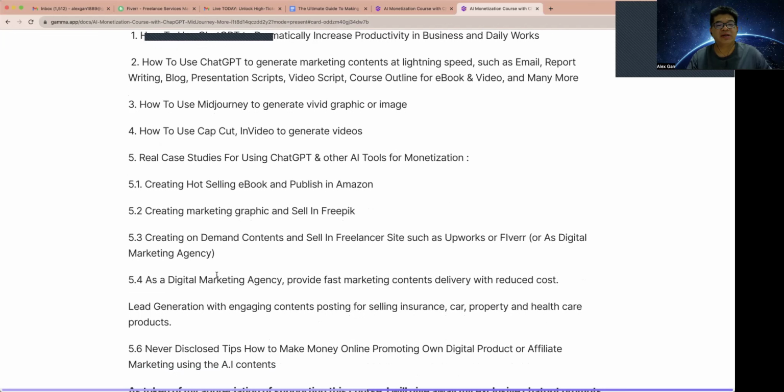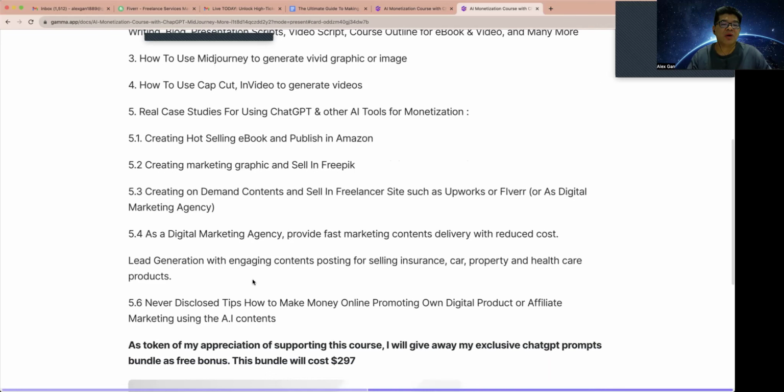5.4, as a digital marketing agency. If you are venturing into a digital marketing agency, I will show you fast marketing content delivery with reduced cost. I will show you how we can leverage all these AI tools to quickly build a profitable digital marketing agency. Also, lead generation with engaging content posting for selling insurance, cars, property, and healthcare products.